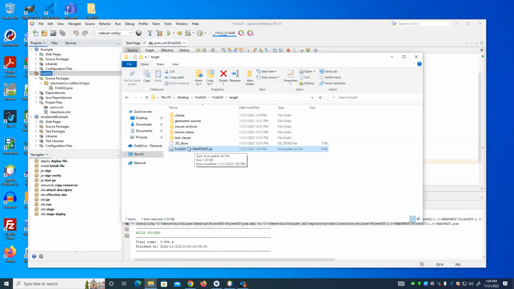That would require every machine, every client that ran it, to have the Java runtime engine as well as the jar, and any updates we made to the jar would have to be delivered to all the clients. All right, and in order to do this, if you remember last time,